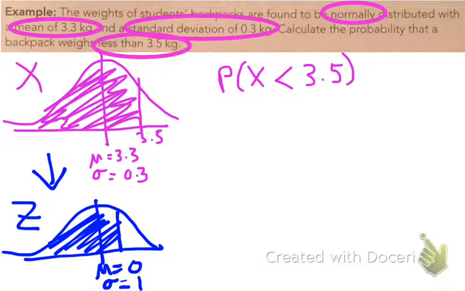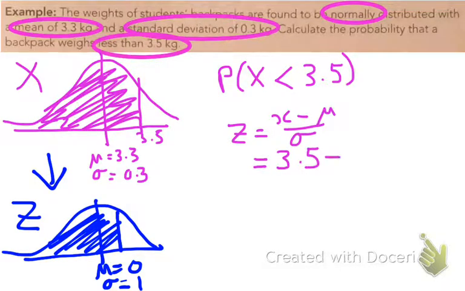So we're going to figure out the formula. We need our little formula, which is z equals x minus mu over sigma, and in this case our x value is our 3.5, so that's our point that we're interested in the probability. Take away the mean of 3.3 divided by the standard deviation of 0.3, and that is going to give us a z value of